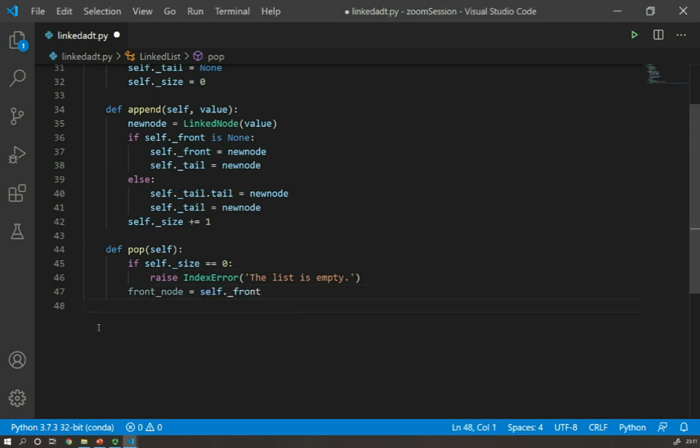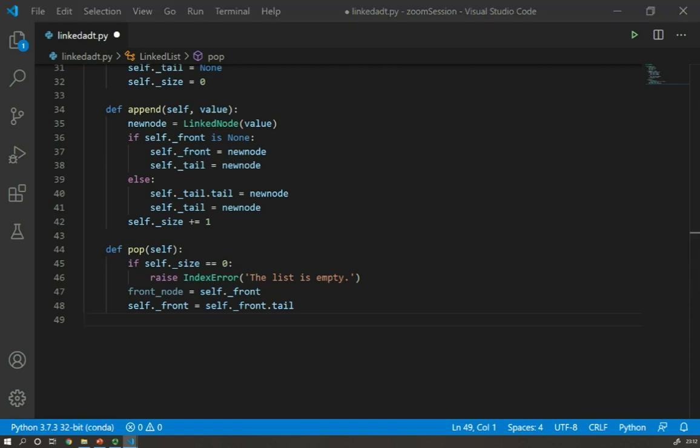I need to have a temporary variable, front node, which is going to point to self.front. Here is just to be able to remember where the front is. Then I'm going to create a pointer to the next element from front. So here I can say that the front now is pointing to the next element of front.